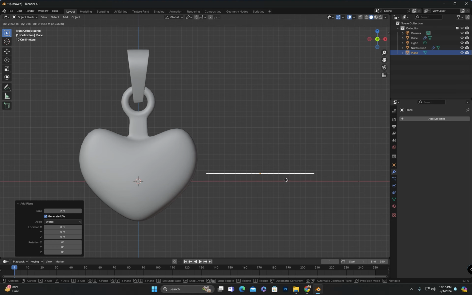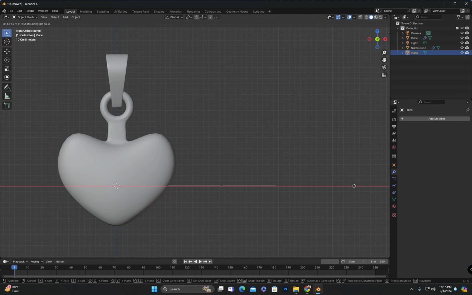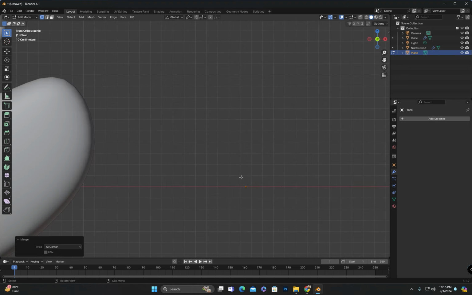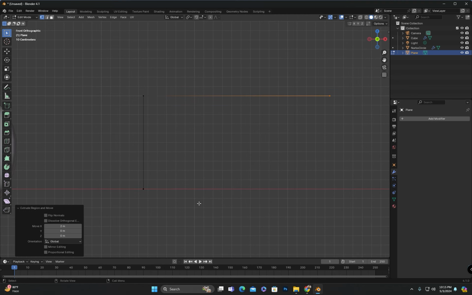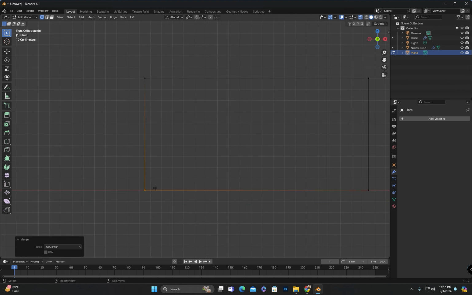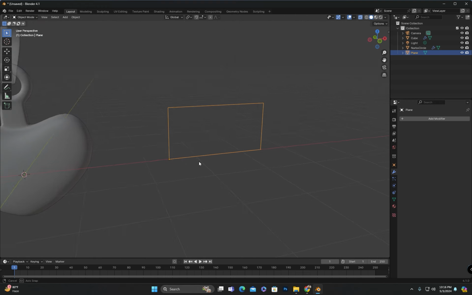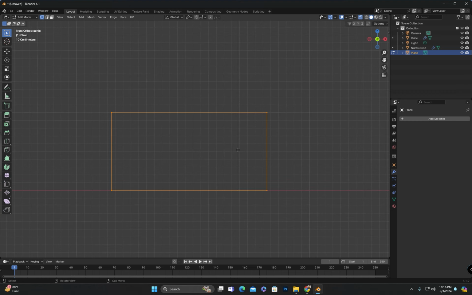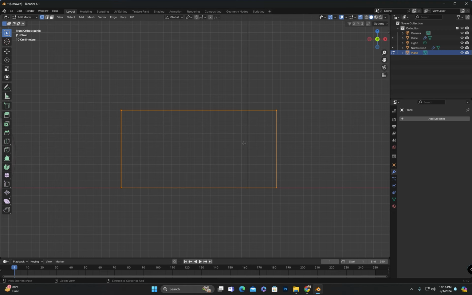To design the chain, I will add a plane and then in edit mode I will select all vertices and merge them. After merging, we will have a single vertex remaining. I will extrude it to create a rectangle shape, then select the last and first vertices and merge them. Now that we have completed the rectangle, I will select all the vertices of the rectangle and use Ctrl+B to bevel them. Then I will press V for vertex, then I can bevel the vertices. Here I will scroll to increase the value of vertices.